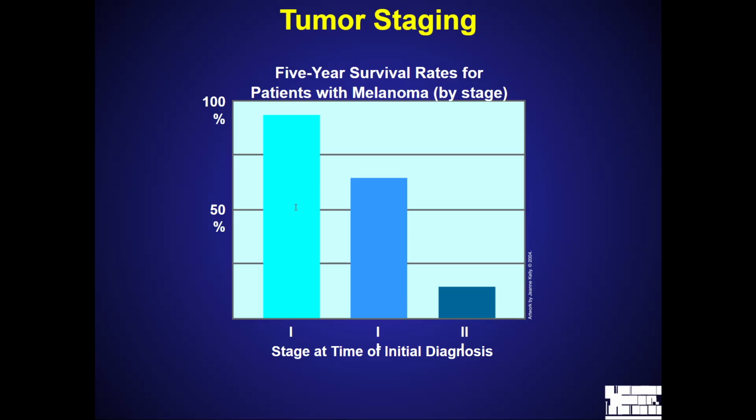This is like the same thing as stage, right? These are stages. To determine how far a cancer has progressed, doctors typically ask, how large is the tumor? How much has it invaded surrounding tissue? Has it spread to the lymph nodes, or has it spread to other parts of the body? Based on the answers, this is where the stage is assigned for cancers. And of course, at a lower stage, you're more likely to have a higher survival rate.